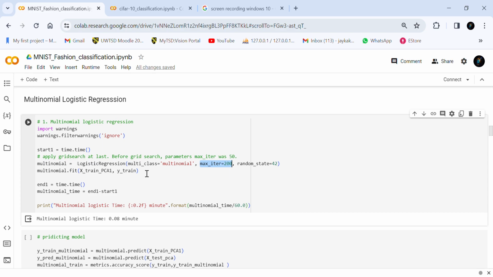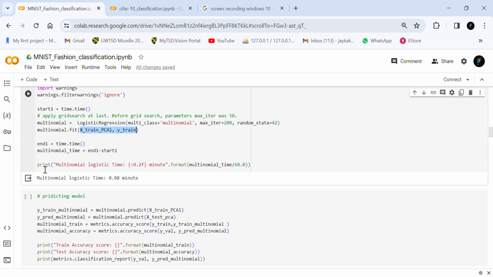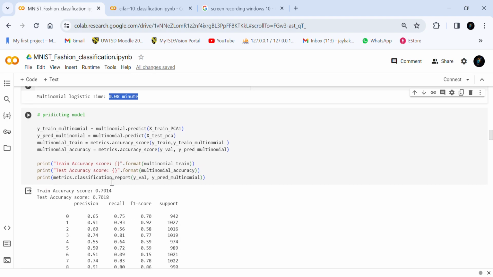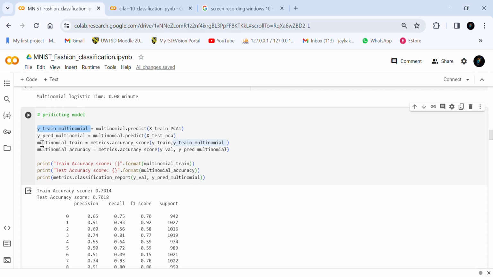So after grid search, I change it to 200, and then I fit our training variables in a multinomial model and print out the model running time, and it is 0.08 minute, so it's quite fast. Then for predicting the model, I initialize y train nomial, y predictor nomial, and pass the x test PCA value,